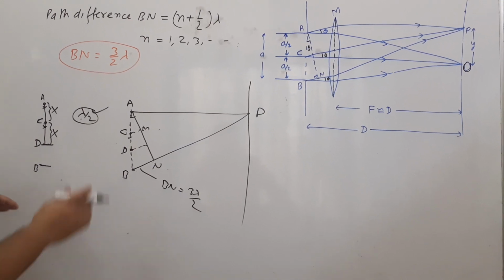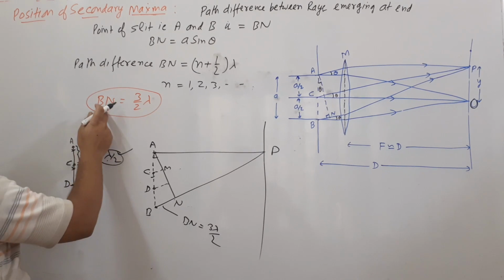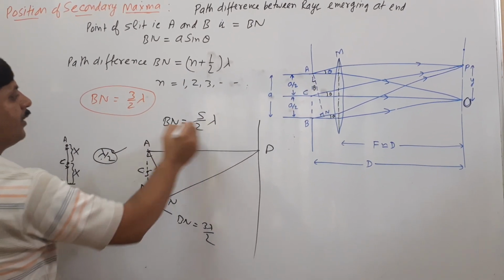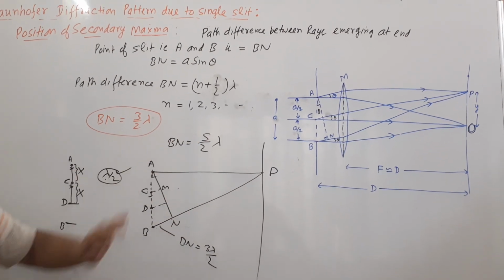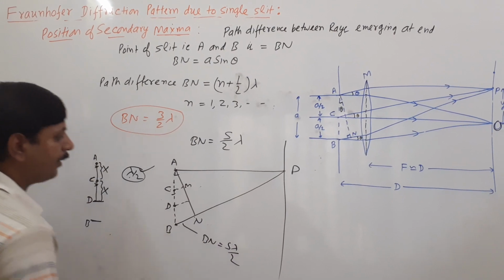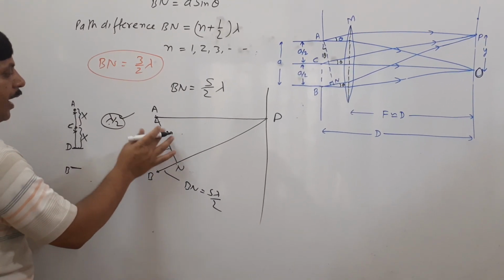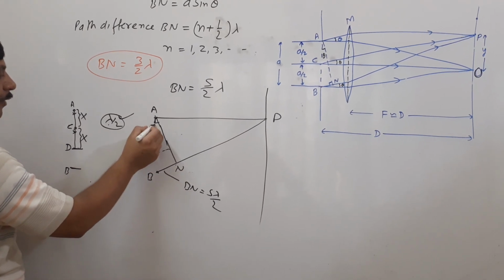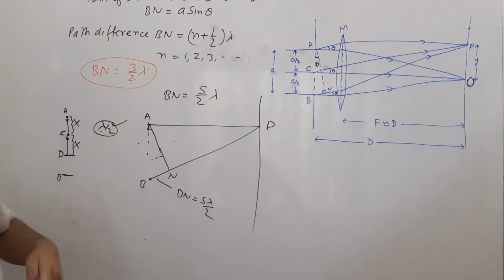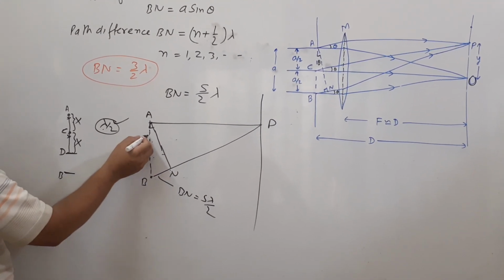The light reaching from DB at point P will form the position of secondary maxima. Same way मैंने भी बताया, जैसे n is equal to 1 I have taken, if n is equal to 2 I have taken, so that is 5 lambda by 2. So I have to divide, when this is 5 lambda by 2, so this part A to B I have divided into 5 parts. पहले मैंने 3 parts में डिवाइड किया था, अब मैंने कितने parts में डिवाइड किया बेटा, 5 parts. तो if you divide it into 5 parts, what happens?